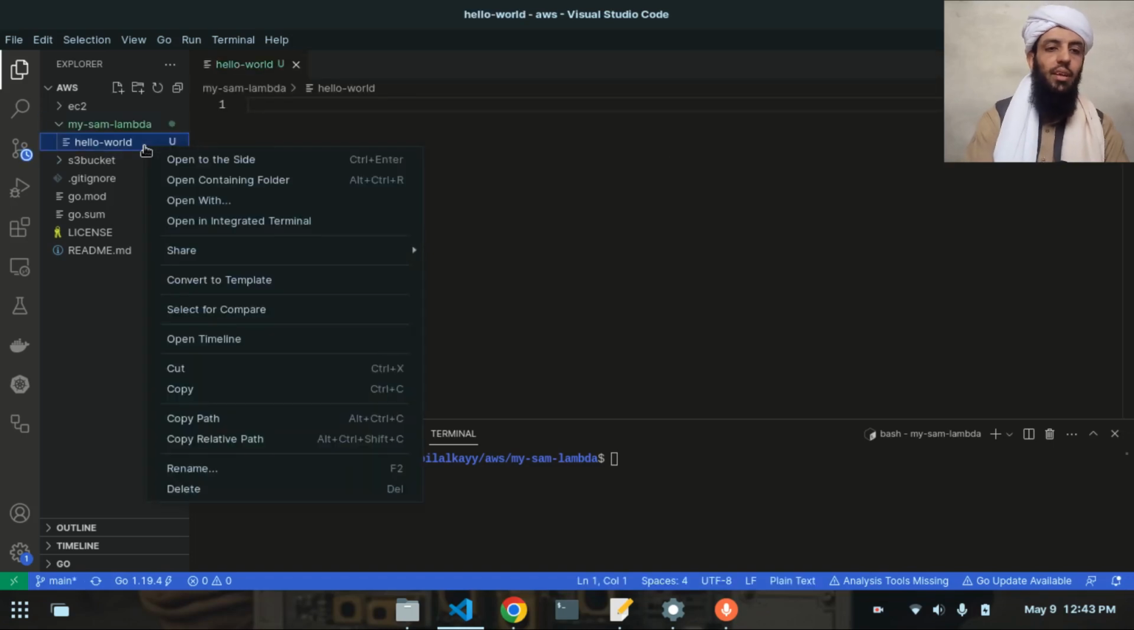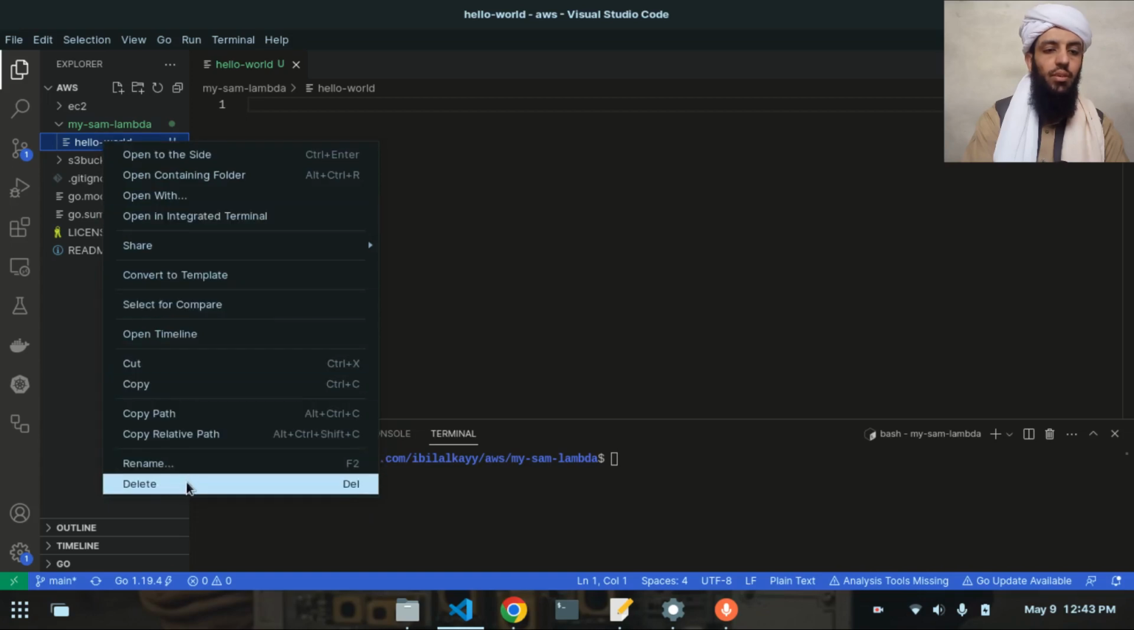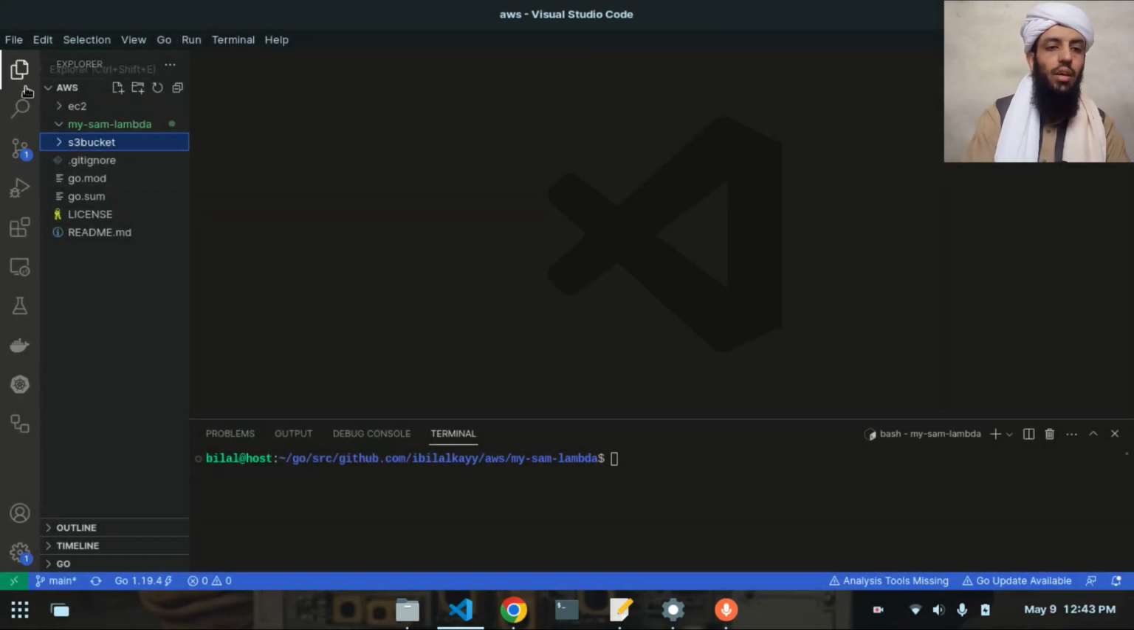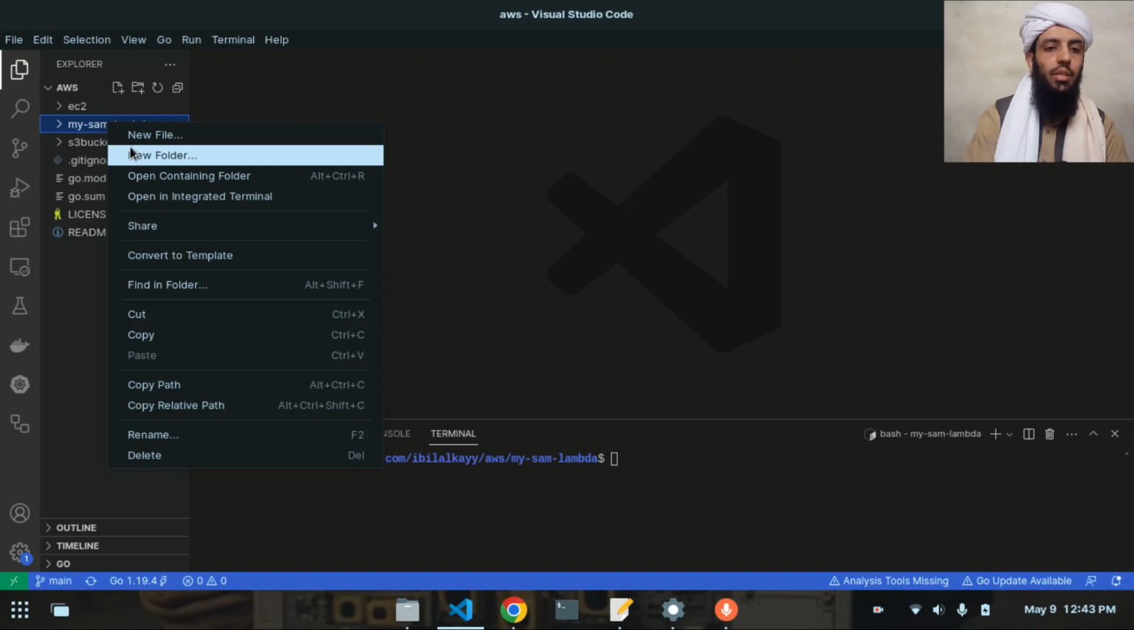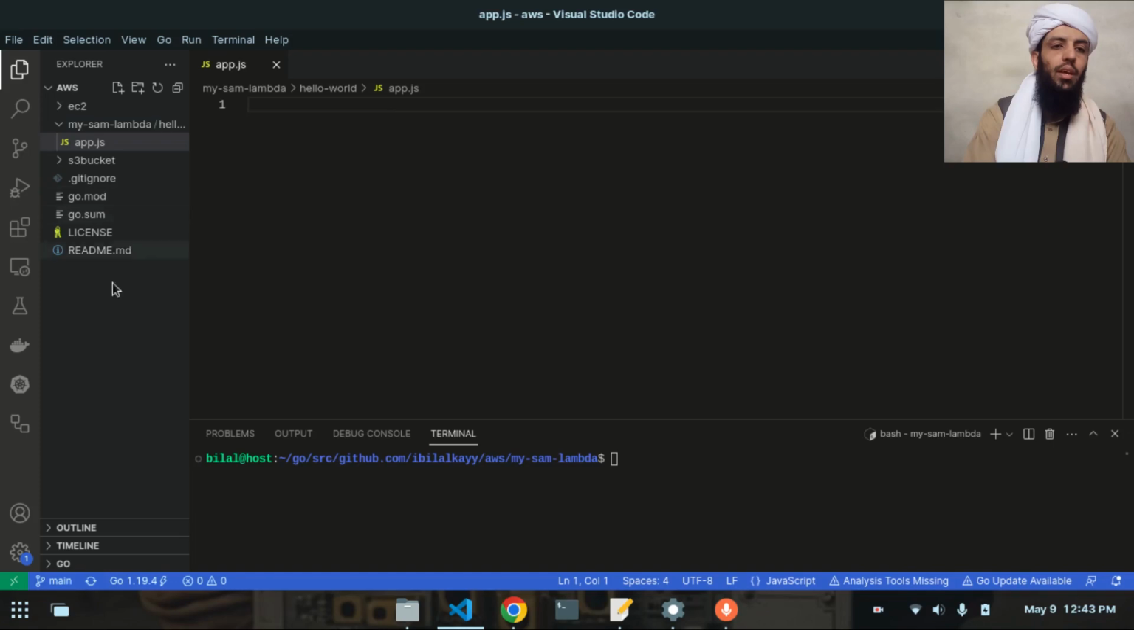and inside this hello world, I will create a file. Sorry, I just created this file, not a directory, so I will delete this and create a directory by the name of hello world. And inside this directory, I will create a file by the name of app.js. And once it is done, you can see now,